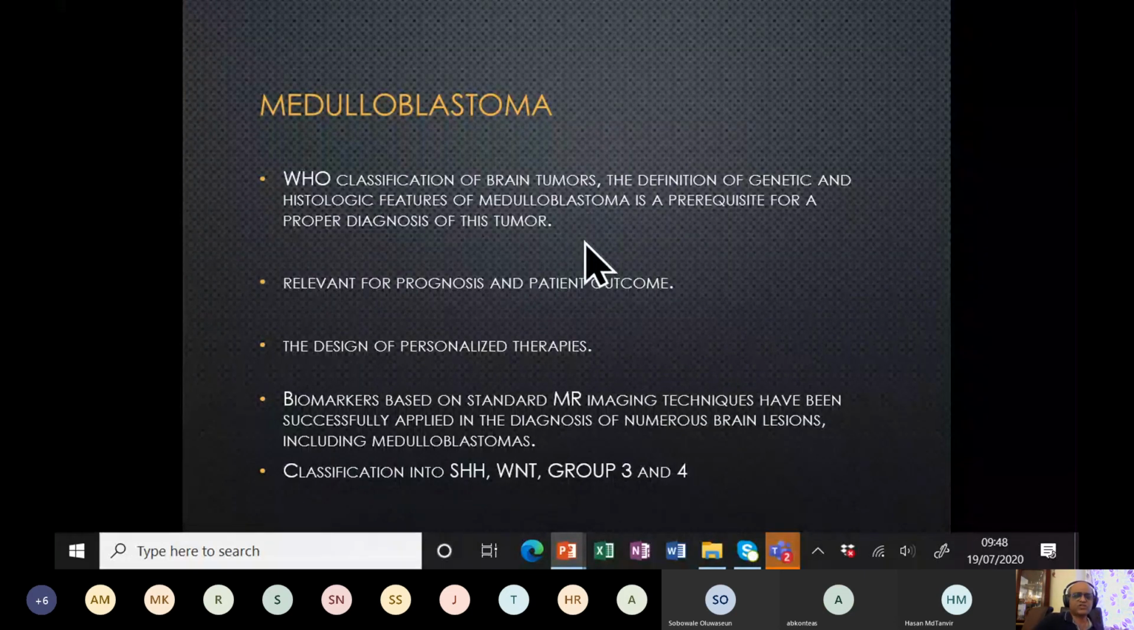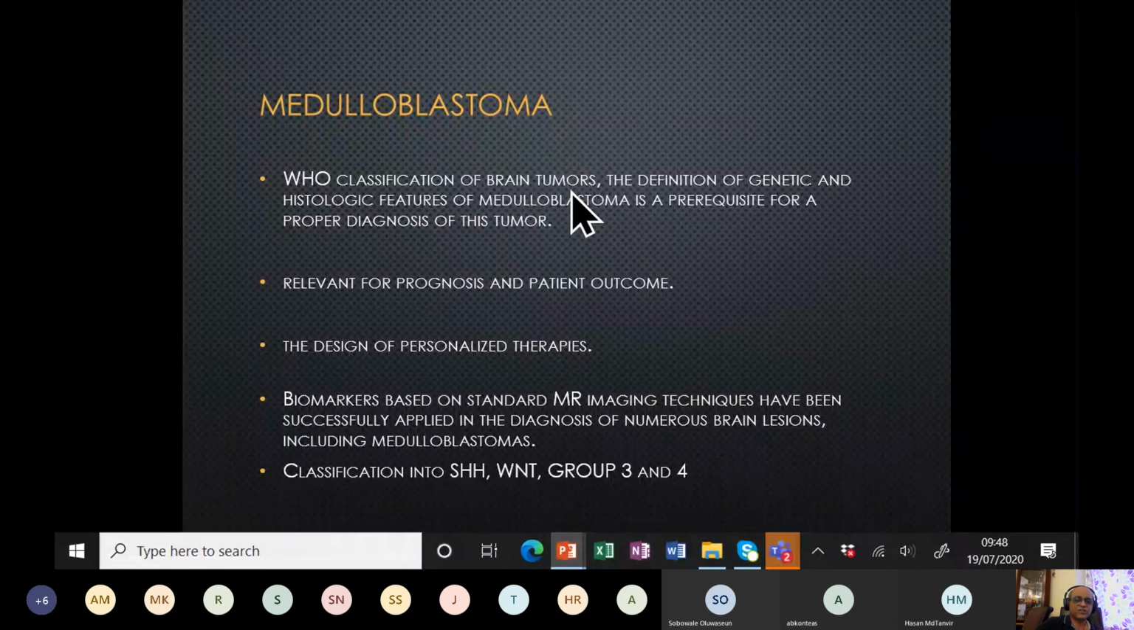Medulloblastoma is a very good example of why radiogenomics is so important, because we know that histology and genetics of any tumor, but specifically for medulloblastoma, is really a prerequisite to make a proper diagnosis. So it's not just important to say that it is a medulloblastoma, but to classify which variety it is. Is it a sonic hedgehog type, is it a WNT type, or group 3, group 4? I'm not going to go into the details of the types of medulloblastoma at the minute,